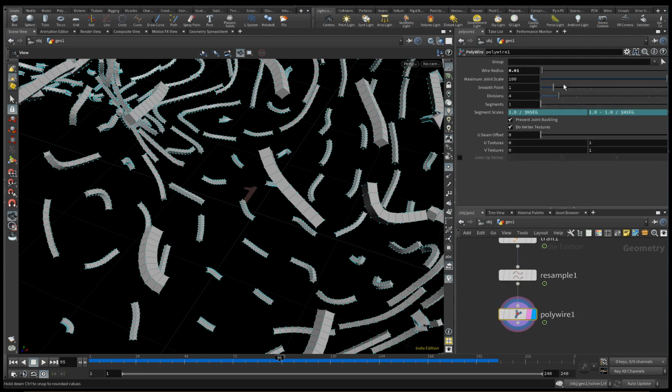So by using that, I could control the tail and the head of the fish